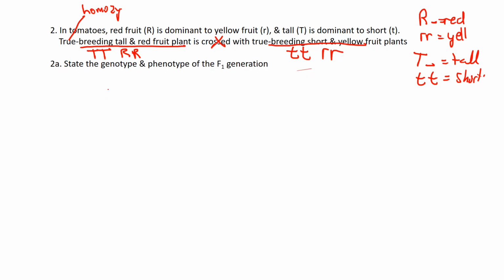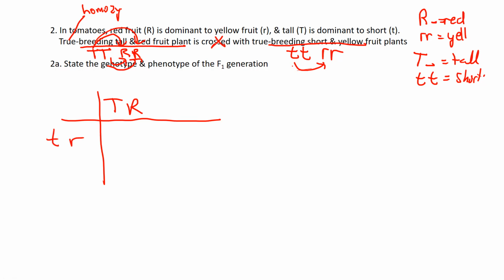Okay, so we're going to do this cross here really quickly. Capital T with a capital R, and this one will be very quick because everything else is a repeat. Do that for the other parent down the side. Little t, little r, and everything else is a repeat. So we've taken 16 Punnett squares, made it into one block. Beautiful. So capital T, let's bring them together now. Bring your T's together, bring your R's together. Capital T, capital R, little r. 100% of all the offspring are going to be heterozygous for both traits, meaning in this case tall and red,